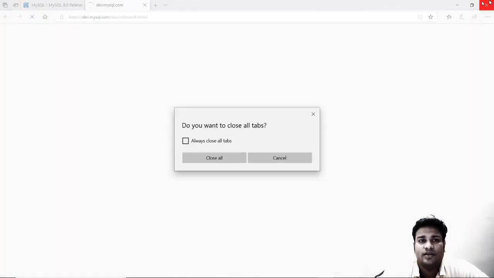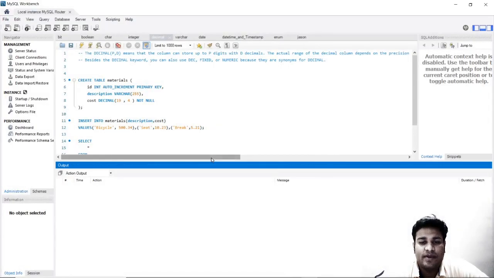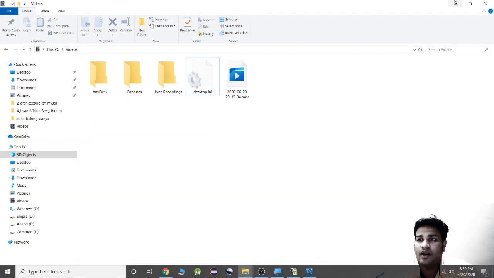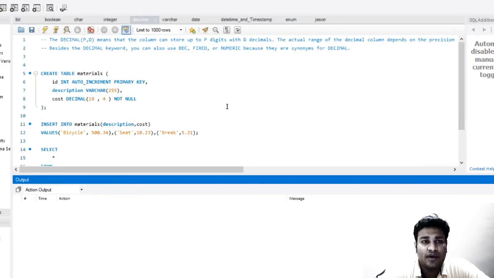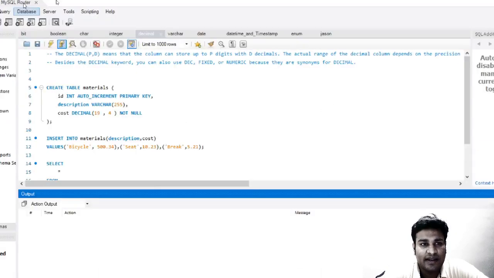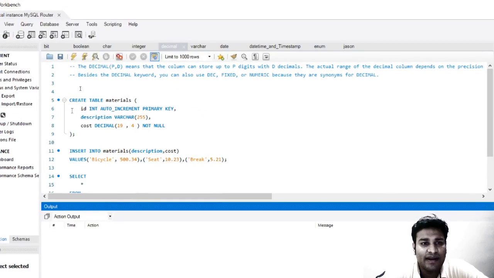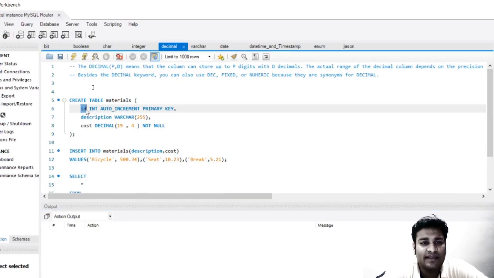So, hello friends. As of now, we have already discussed that while creating a table, we are required to put data types. So today and in the next chapter, we will study the data types. You can see over here on my screen, whenever we create a table, we give the column name and then we give the data type.